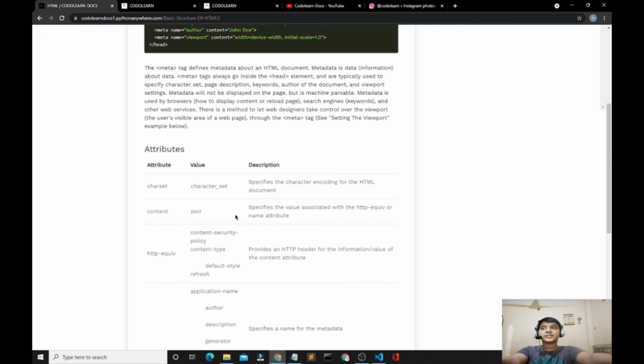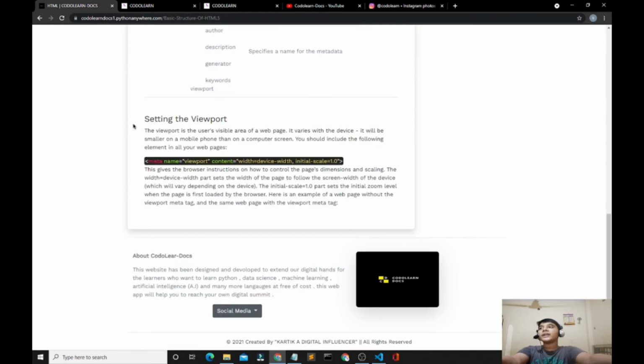Content specifies the value associated with the http-equiv or name attribute. Now the http-equiv. So guys, this is the most important thing in metadata. Here you can see content-security-policy, content-type, which provides an HTTP header for the information value of the content attribute, default-style, refresh.